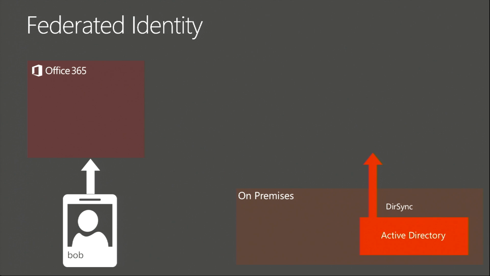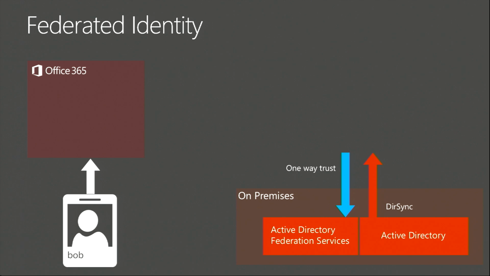So we've got DirSync running already, synchronizing our accounts. We're also going to need to establish a trust. And that trust is going to be between Azure Active Directory and an ADFS endpoint, such as an ADFS 2.0 proxy server. Now, Azure Active Directory will then trust any accounts that are being issued a token from this trust. We don't really need to go into too much detail. There's a bunch of fantastic technical articles on this I can always point you to.